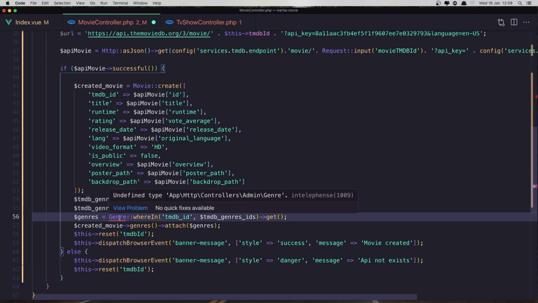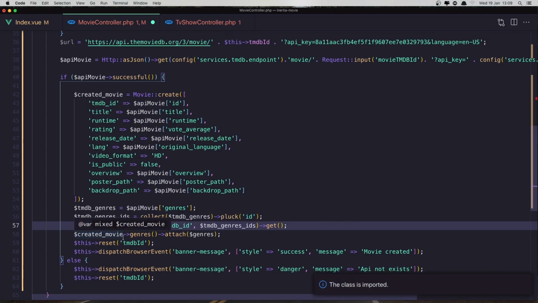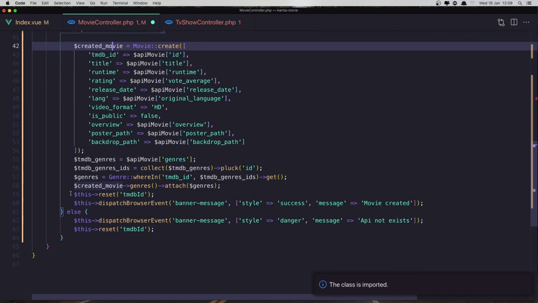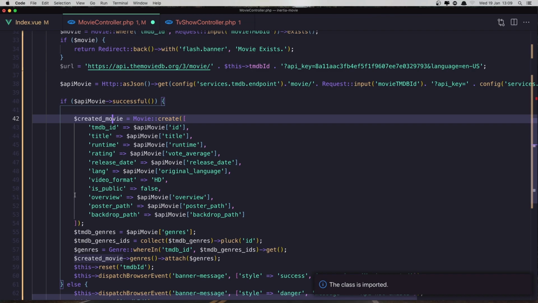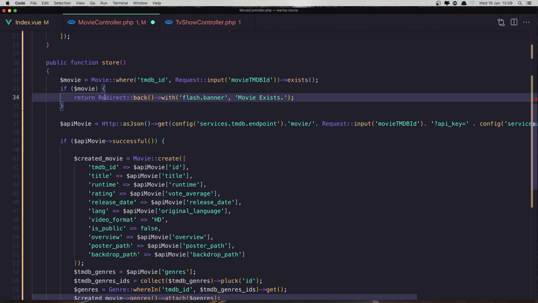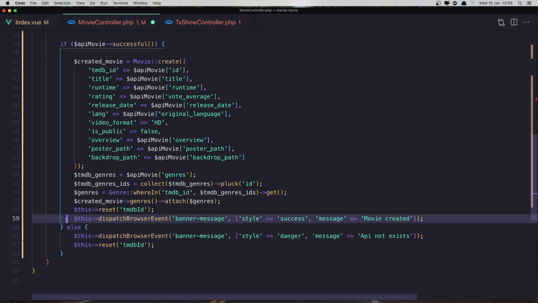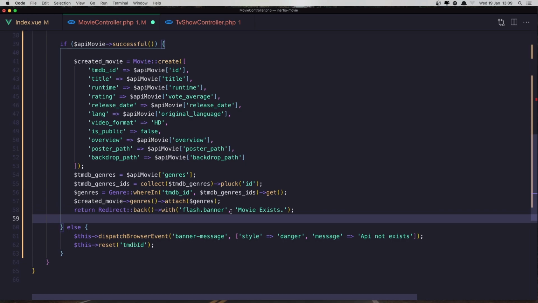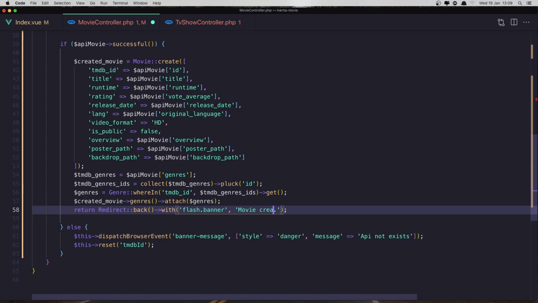and here we need to import the genre model, and we have this created movie, attach the genres. Okay, and after that we don't need this URL. I'm going to copy this and say instead of these two, I'm going to return with the movie created